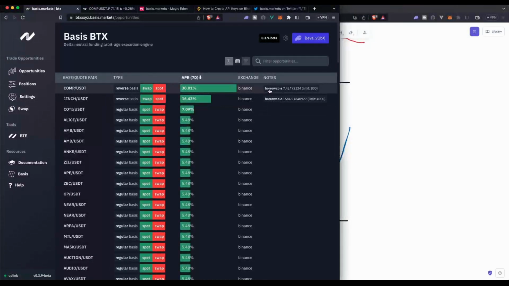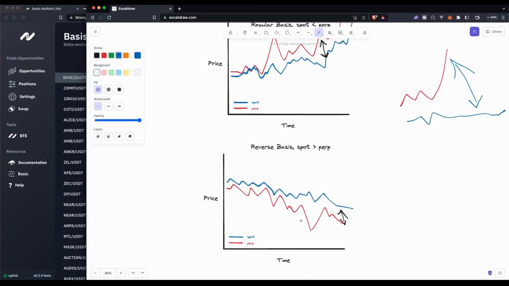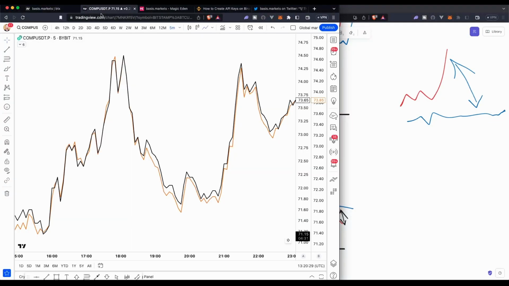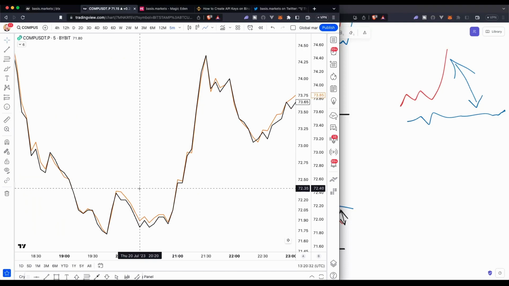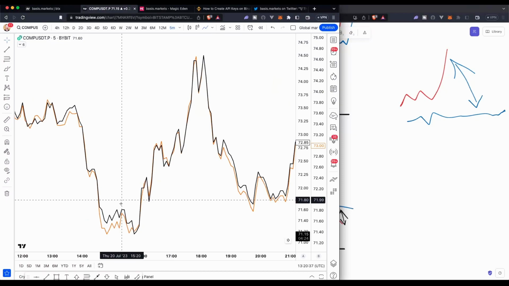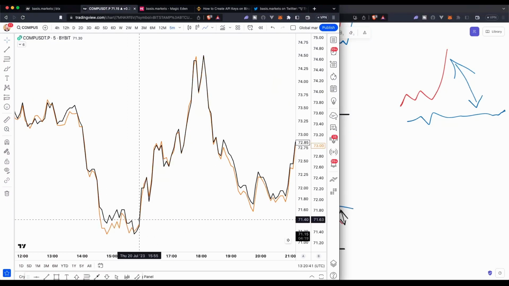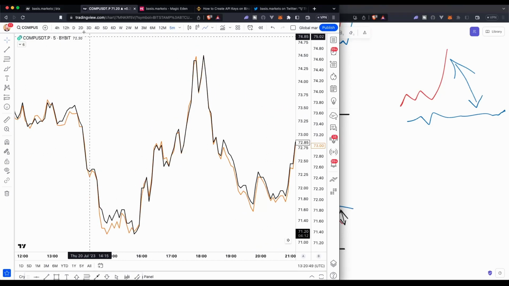But because we're going to be shorting the spot and longing the perp on a reverse basis, remember, a reverse basis up here is where the perp is trading below the spot. So in this case, COMP is trading below the spot, and we can see it here. If we zoom into the 5-minute chart, you can see periods where COMP is trading. The orange line is the perpetual contract, and the black line is the spot market. So the perpetual contract is going below the spot market quite consistently, and that's where our funding rate comes from,